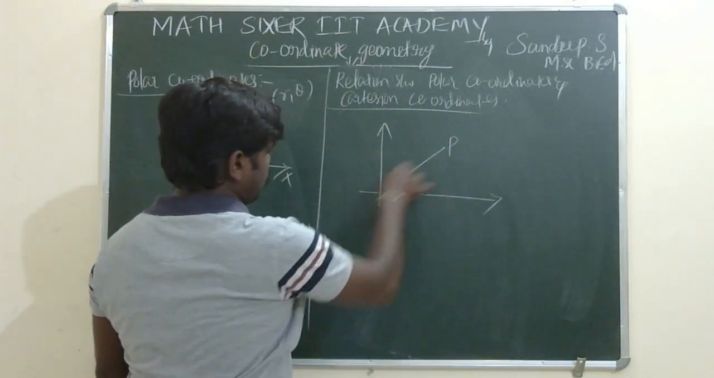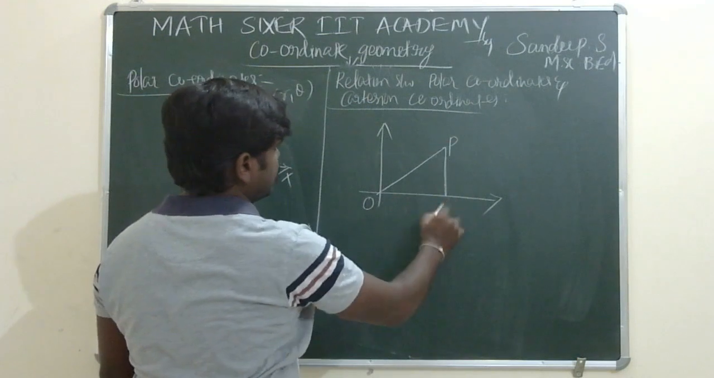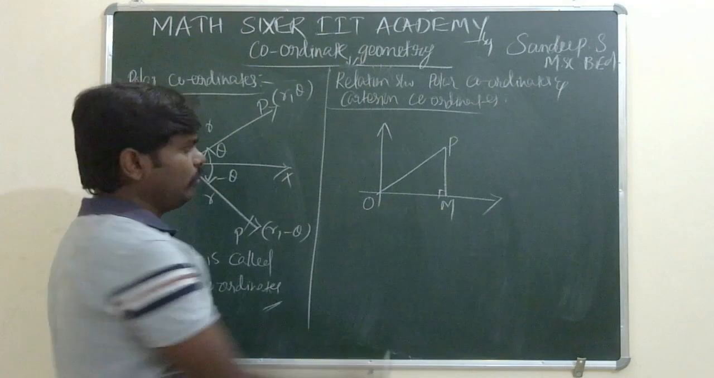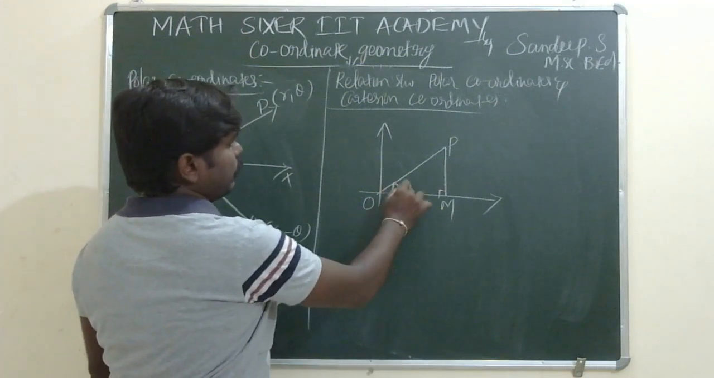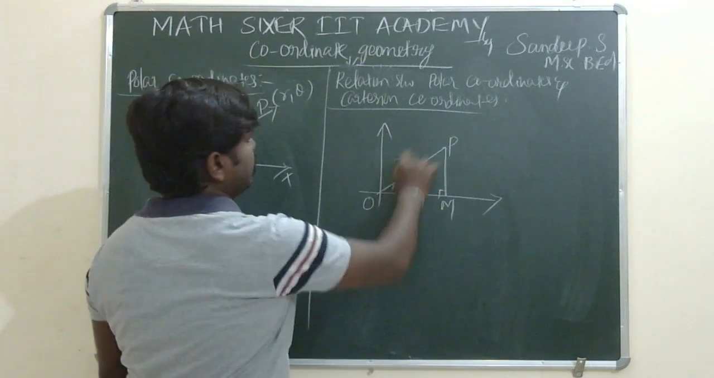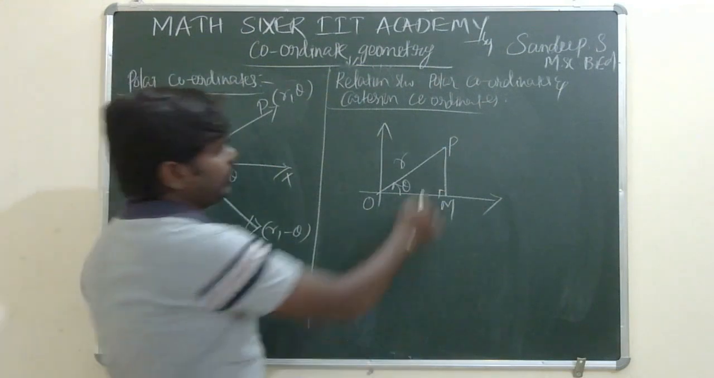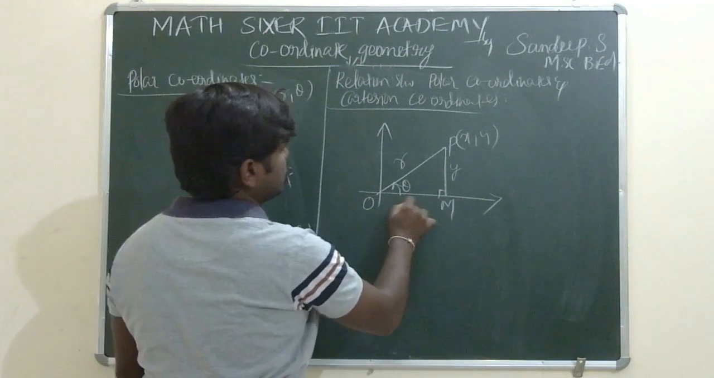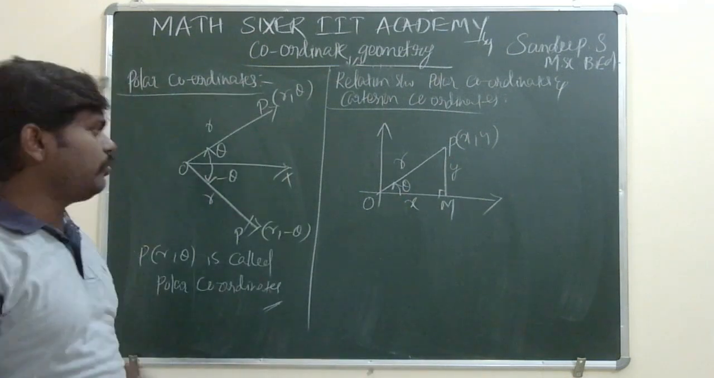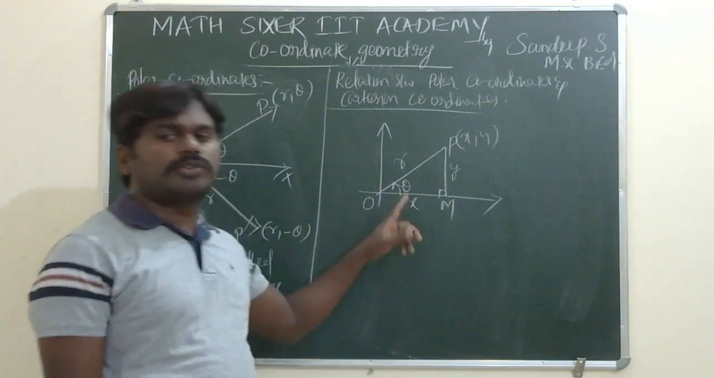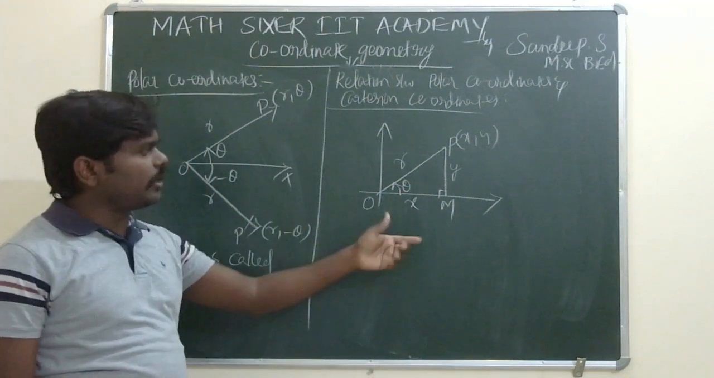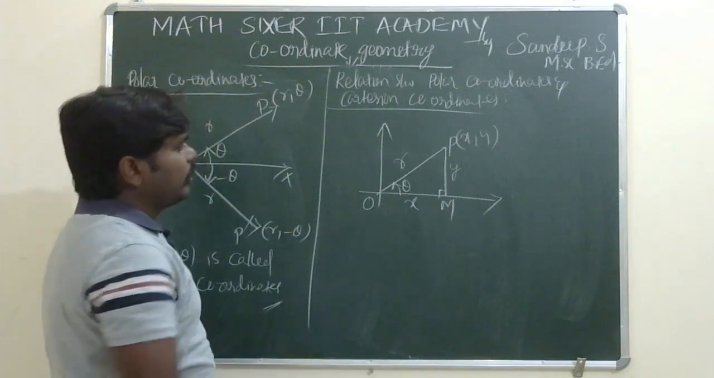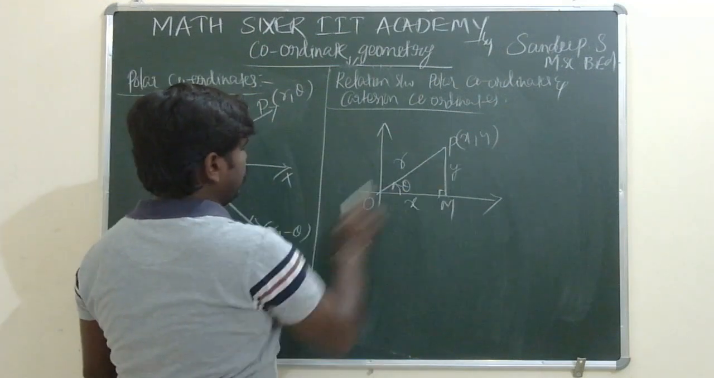Now join OP and also draw the perpendicular, suppose M. Take the angle theta, and OP is equal to R, and point P we are taking as (x, y). That means PM is equal to y and OM is equal to x. Now we are going to get the relationship between Cartesian coordinates and polar coordinates. So now in this triangle OMP,